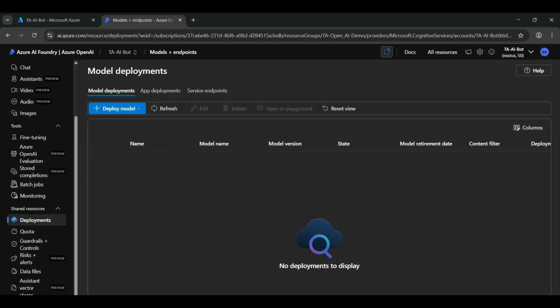Behind the scenes, Azure AI Foundry takes care of all the heavy lifting for us. It sets up the necessary infrastructure, allocates compute resources, and securely hosts the models so that we can interact with them using simple